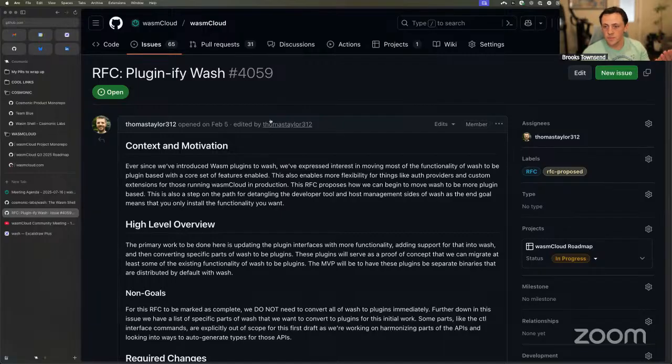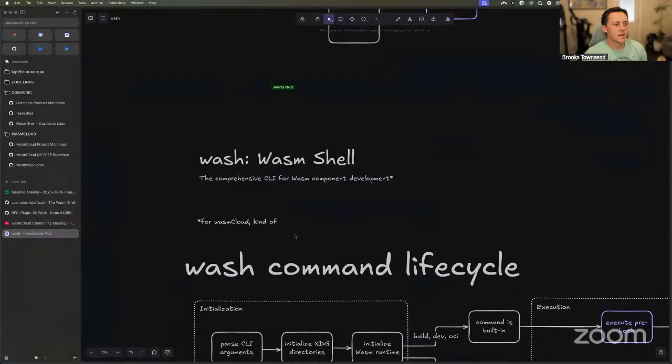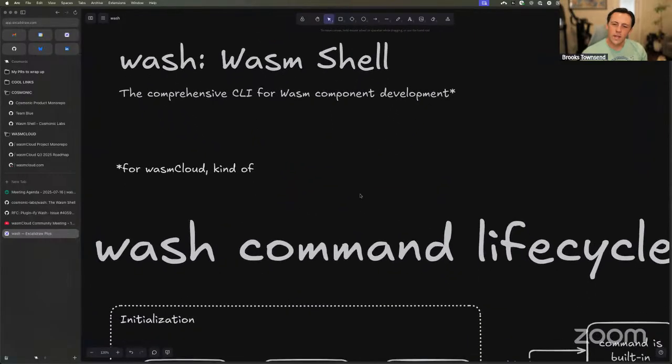Utilities like build, which can detect the language of a component project and then build it, and make sure that it can be componentized. Maybe we sign it afterwards. The dev loop, automatically interpreting the dependencies of a component to run it. That's great. Same with OCI, pushing just to get it up into a package repository. All those key flows are still really central to component development, but there are also a lot of things that Wash does that aren't quite core to that